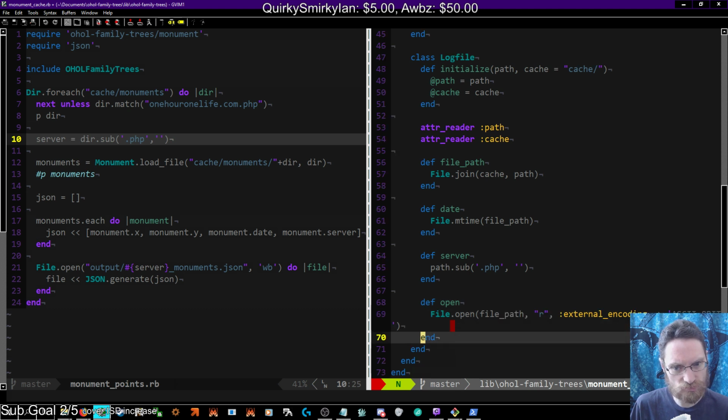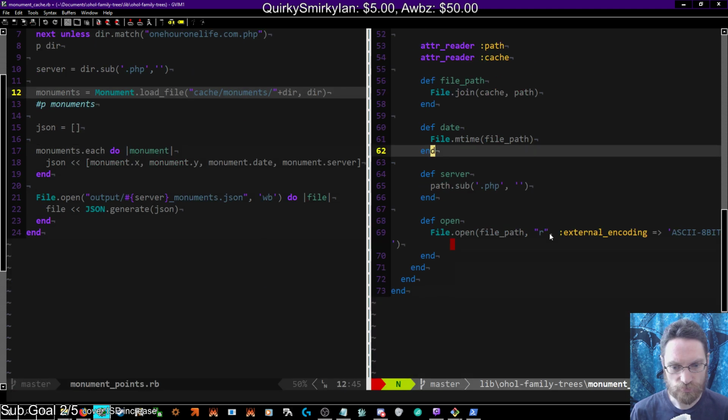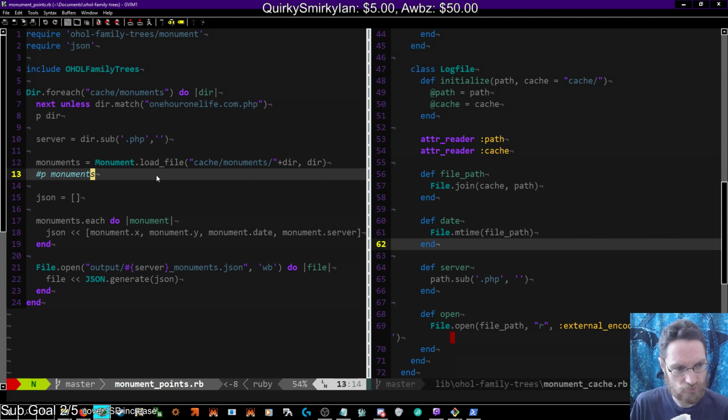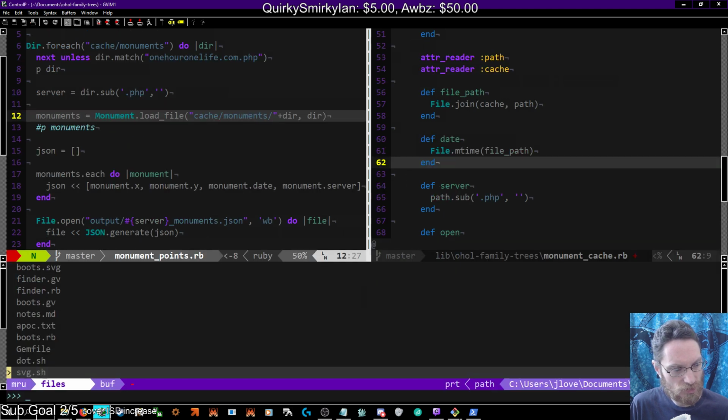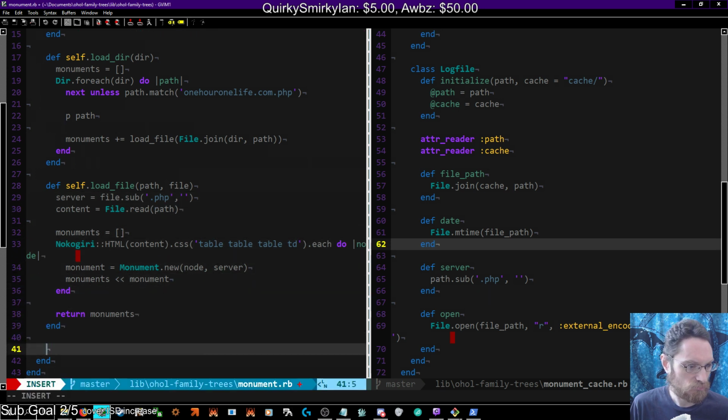So this is really close to the same thing, which we could then pass off to, yeah, then other things did the log parsing in their own way. Returning these as monuments is probably fine. We just have to have monument. Something like